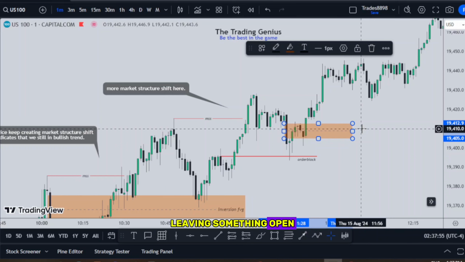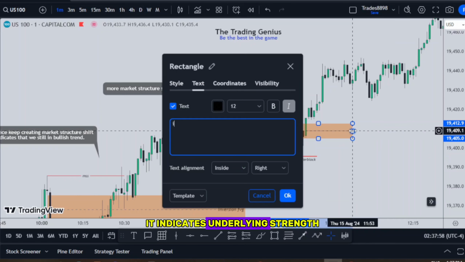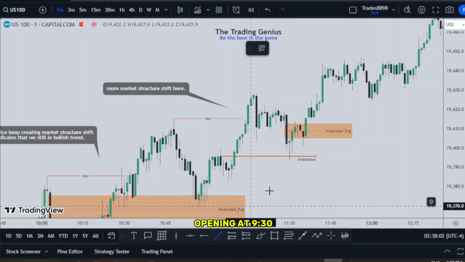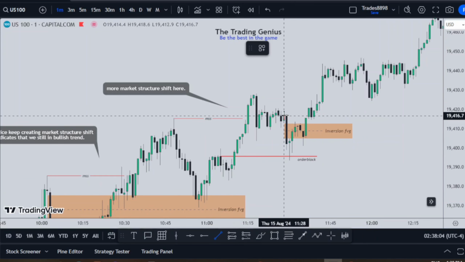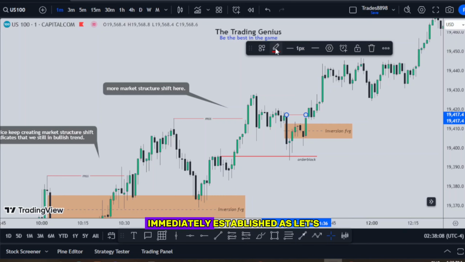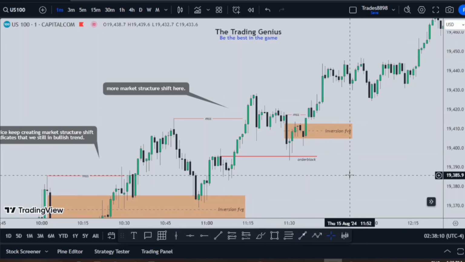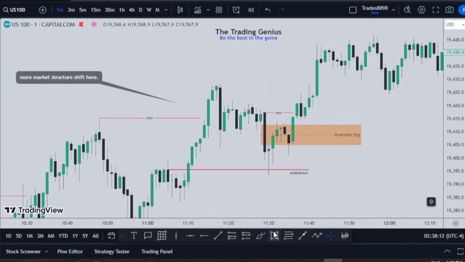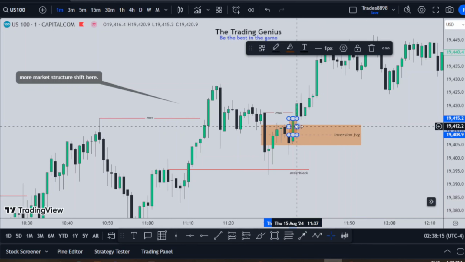Leaving something open indicates underlying strength. In contrast, when the market opens lower with a gap lower at 9:30, the public perceives that as extreme weakness and it means it's going to go lower. So their sentiment is immediately established as, let's get short. But the professional mindset,